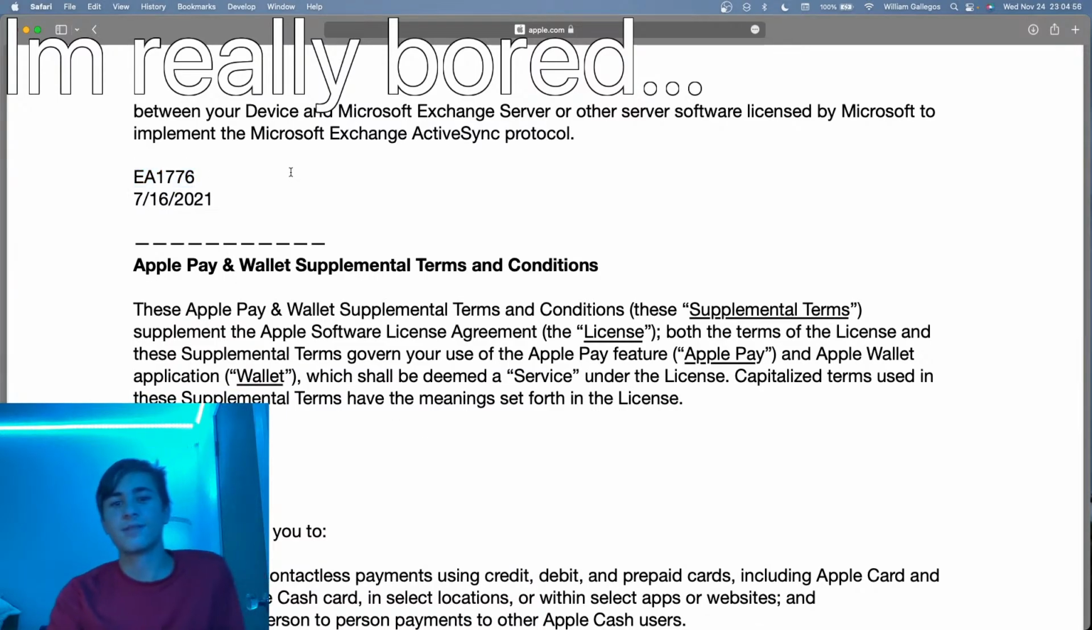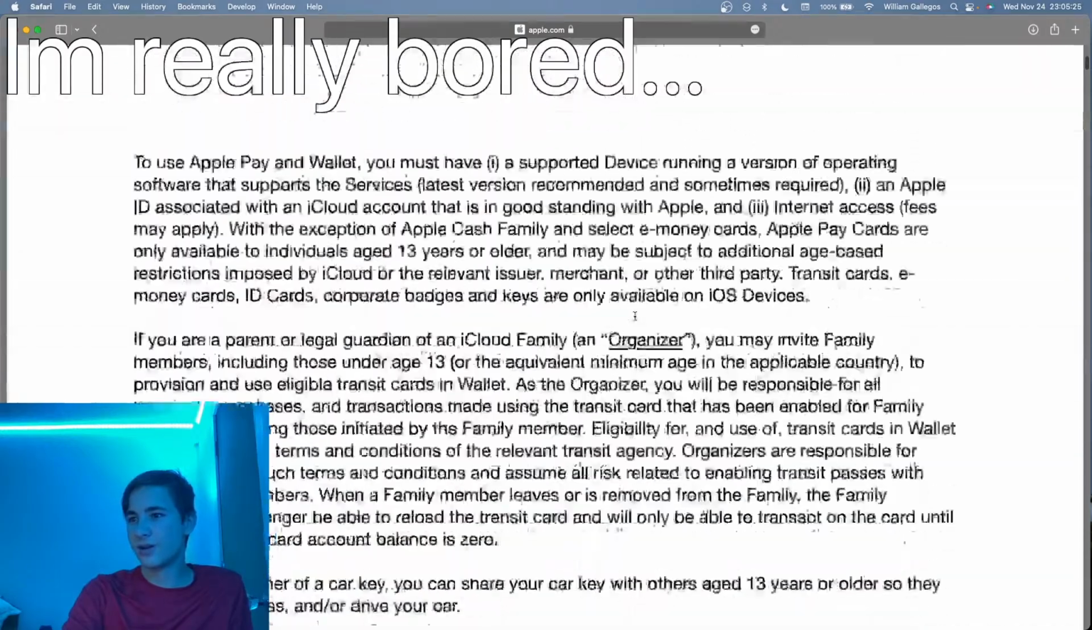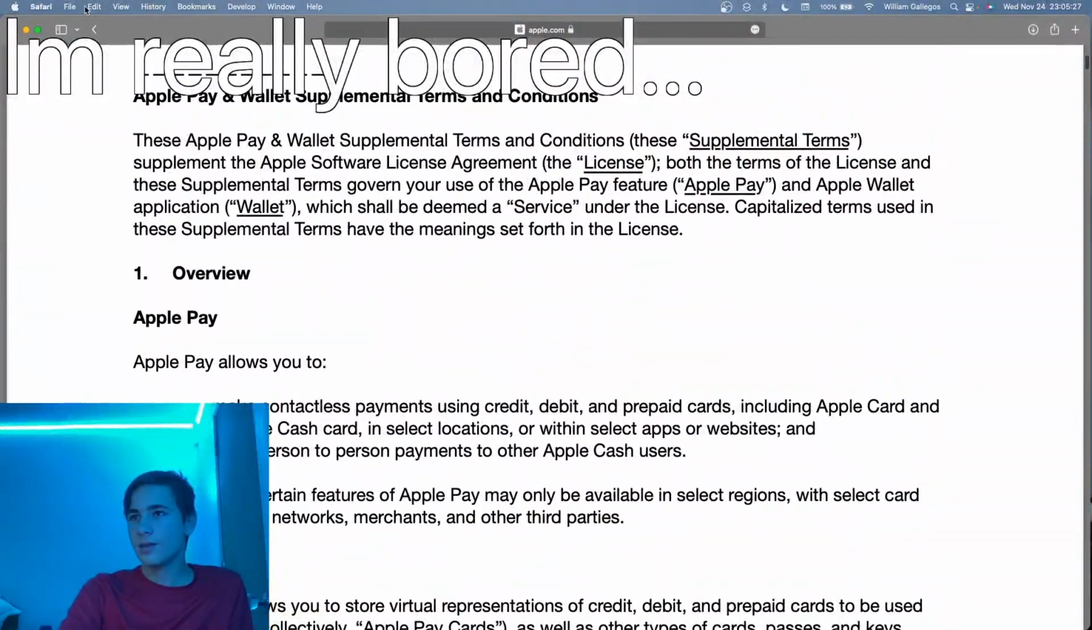And there we have it. We just finished reading the terms of service of Apple. So it's last updated July 16th, 2021. And yep, while I was unable to read it when it was new, I am now able to use my iPhone again. And yeah, we'll read Apple Pay terms and conditions later on. But